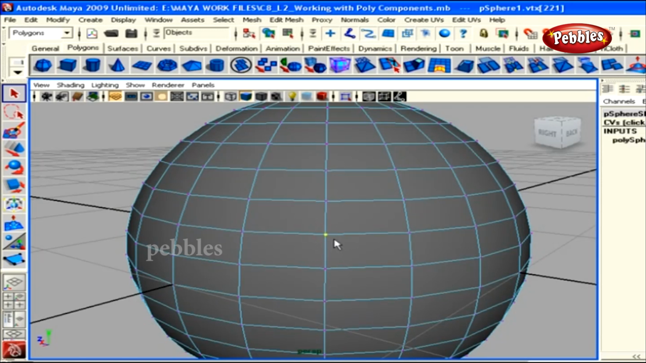Now, if you're not in translate mode, go to translate mode by hitting W on your keyboard, and you'll get the transform gizmo over the components that we selected. Now, if you hit the up arrow, watch the above vertex get selected. If you keep on hitting the up arrow, the vertex selection shifts one level up. Similarly, we can shift the selection to the right or to the left by hitting the right or left arrows,